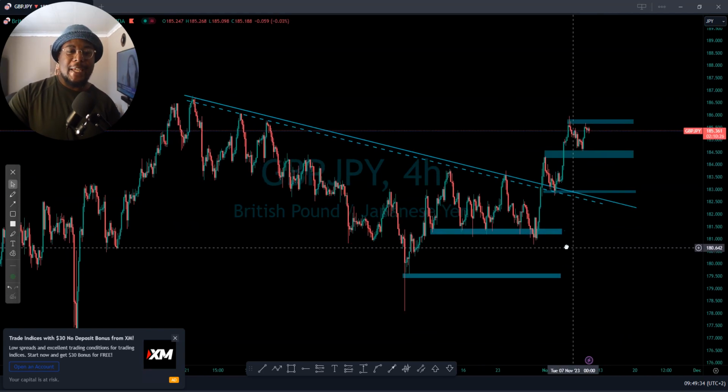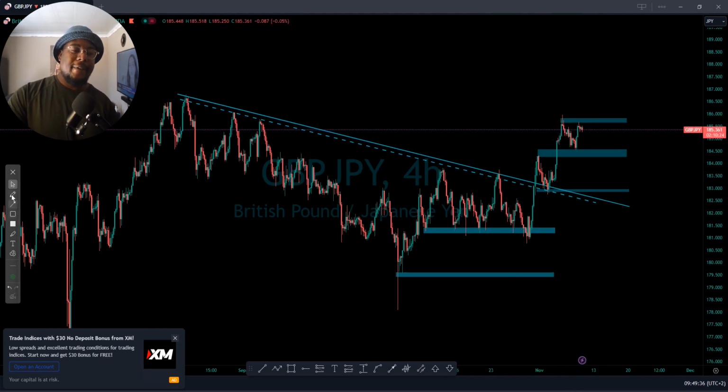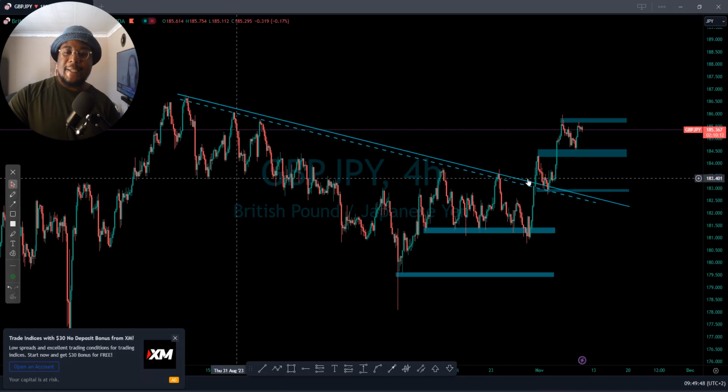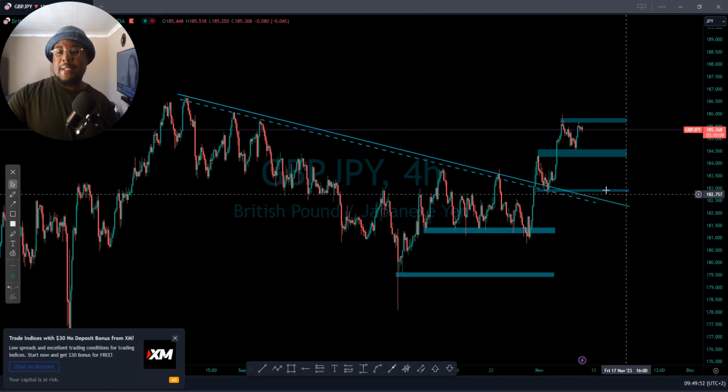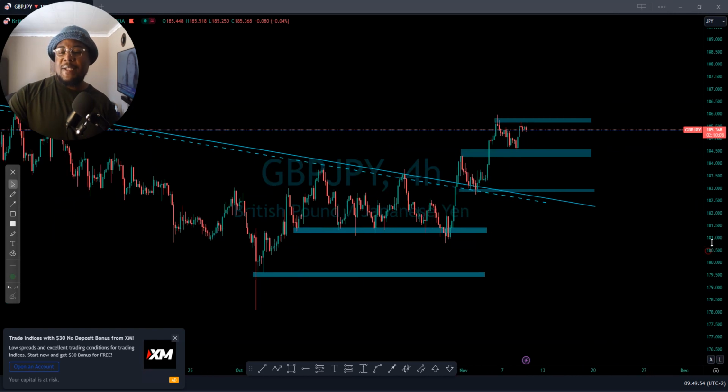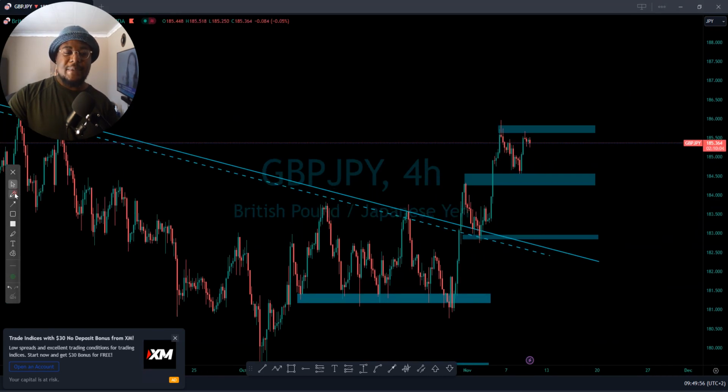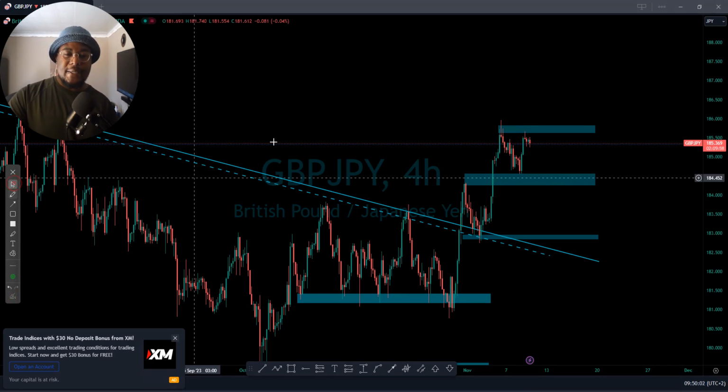So what's really happening on GBP/JPY? Very quickly, we can see the breakout. The market is respecting that structure. I'm expecting a very nice ranging structure there, but at the end of the day, we're going to see the market pushing to the upside. I don't think there's much here, but the market is now creating a nice bullish momentum. It seems like the market will respect this area, so I'm expecting it to push to the upside, right?